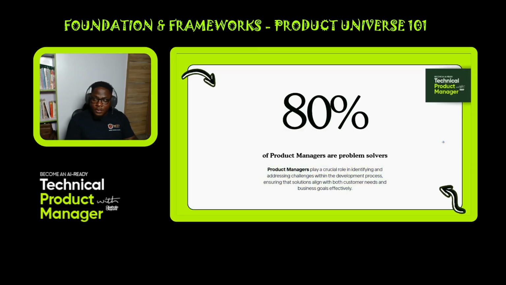All right. So 80% of product managers are problem solvers. We solve problems. That's what we do for a living. If you ask what do you do for a living, I solve problems for a living. Of course, we also fight. We do that too. But the core of our work is problem solving. The reason why we are doing Can You See My Screen is because we want to talk about a problem that we are solving, right? If you are not solving a problem as a product manager, then you are not working as a product manager. All right.